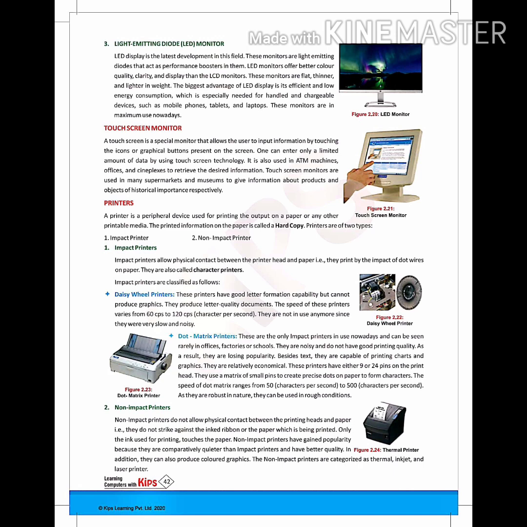Now, non-impact printers. Non-impact printers do not allow physical contact between the printing heads and paper, that is, they do not strike against the ink ribbon on the paper which is being printed. Categories of non-impact printers are: